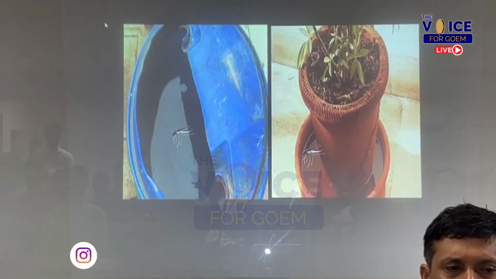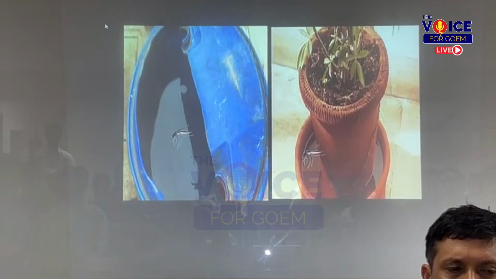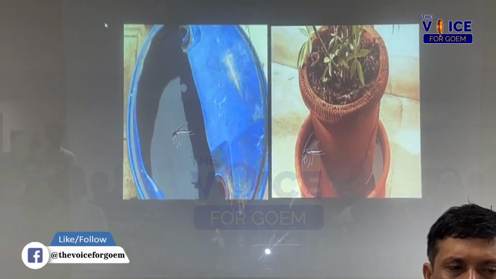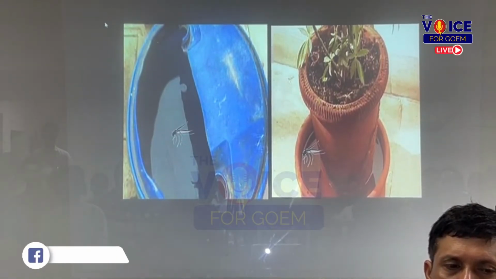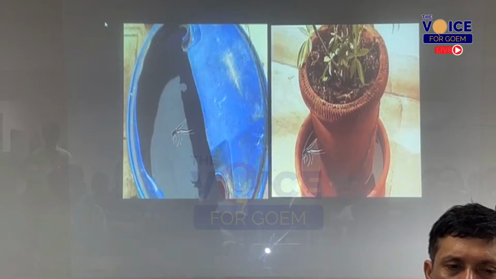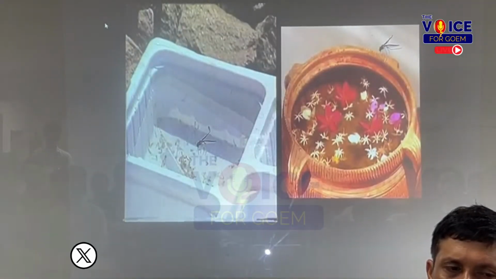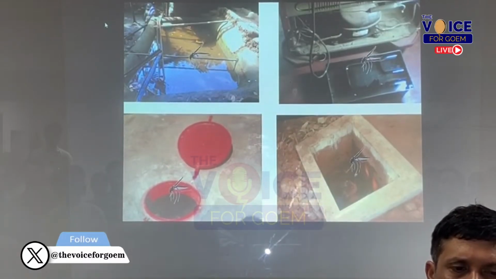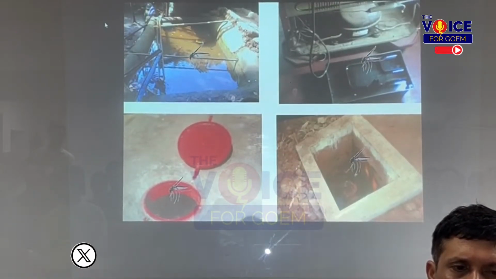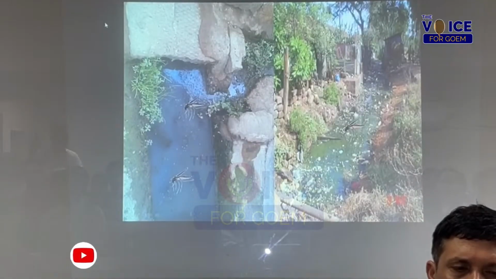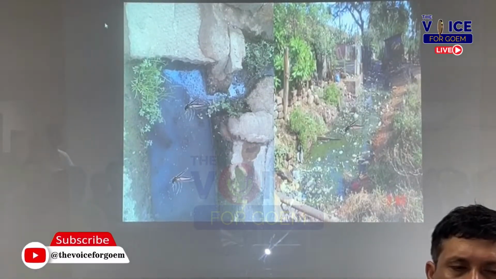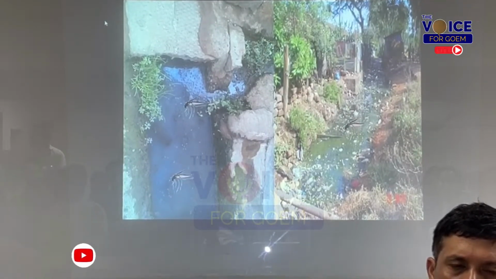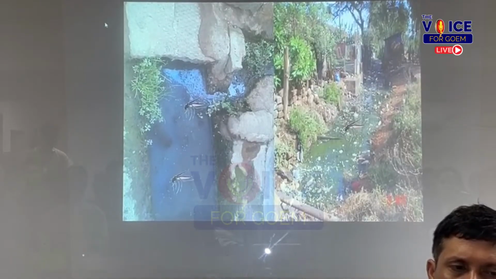Then one more very important place where many of our field staff find breeding is when there are flower pots and there is a plate at the bottom that is not changed regularly, so you can get breeding over there. And again, drums which are used for water storage. Next. And then any kind of receptacle, they just want to find water. So any receptacle in the house, in the garden, they will try to breed over there. This is stagnant water in some kind of gutters, and this is the place where, more than Aedes, the Culex is the mosquito which can breed.